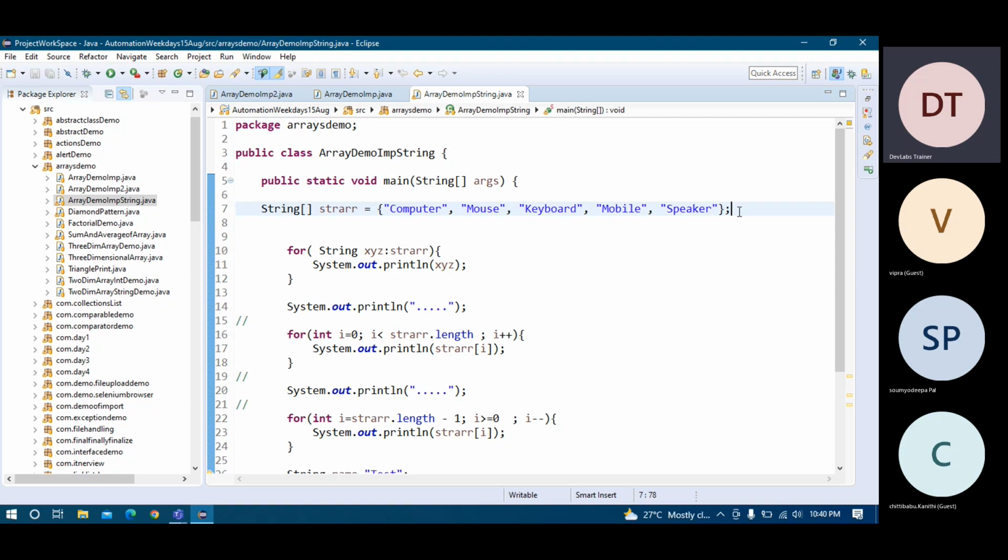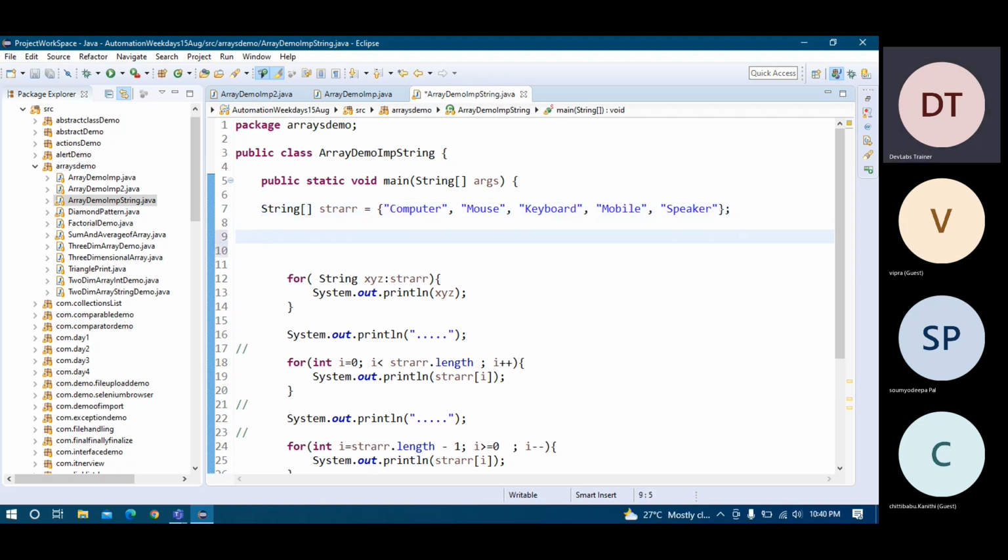Second is that, consider that you have some quoted sentence: The quick brown fox jumps over the lazy dog.